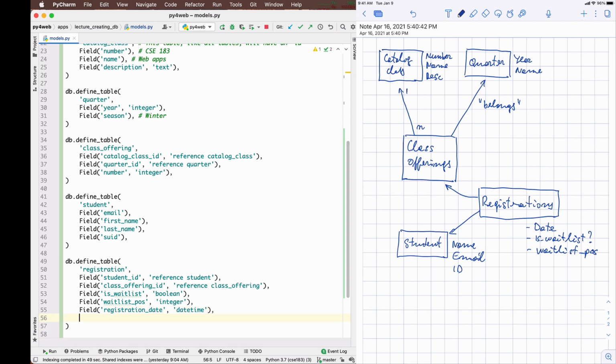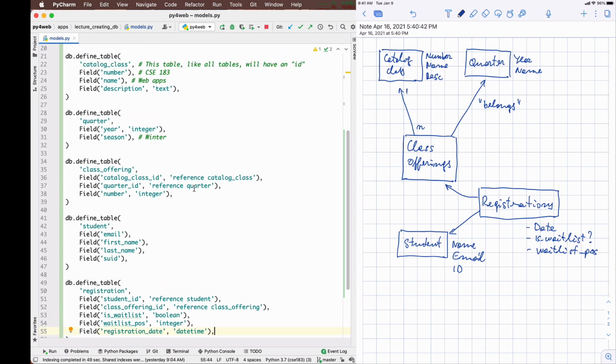Okay, and again you can flesh out the details. So what is important here in this scheme of tables is the following. You should aim at not repeating information anywhere, right?